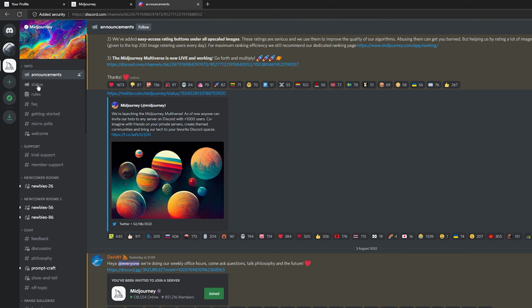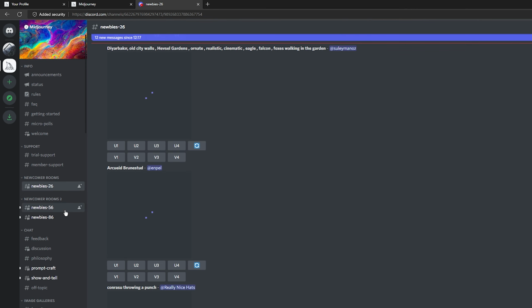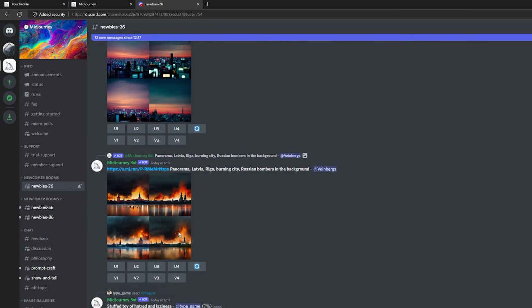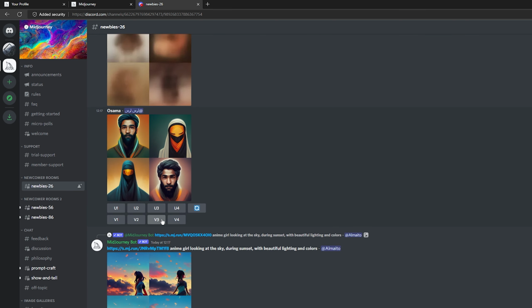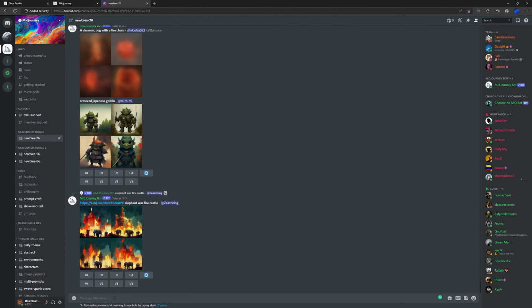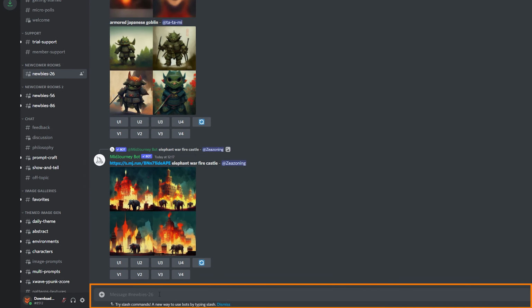So here you'll see all the channels. If you're familiar with Discord, this will be pretty easy. If you're new, it might be a bit complicated. But there's a few new rooms here, so just jump into the newcomer room. Just click on it once, and you will see all the stuff people are generating. And you'll have to basically fight your way through the content. So essentially down the bottom here in the chat, just click and go